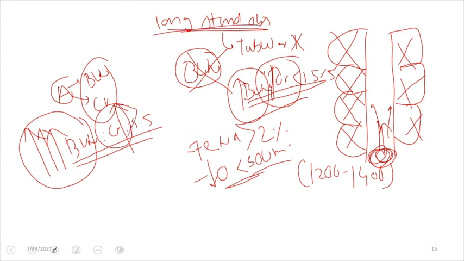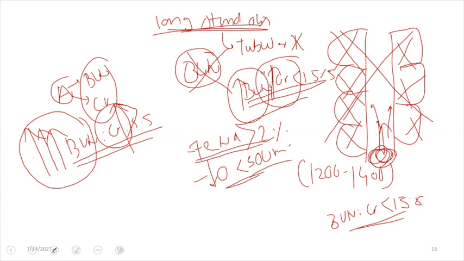Whereas in case of long-standing obstruction, as there has been damage to the tubules, the BUN creatinine ratio will be less than 15.5, and this should also be known along with the other tubular factors, like the FeNA will be more than 2%, and the osmolarity of the urine will be decreased, less than 500 milliosmol per liter. In this way, we have completed some parameters regarding acute renal failure.